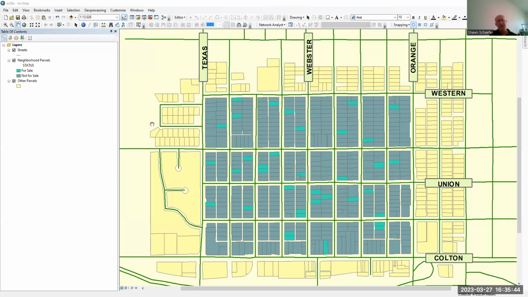In this exercise, I think you really see how it is a close application of some of the things we're interested in for our housing project in using real estate data. So here we are. We've got a map and three layers. We have a street layer, which are just these polylines, like Texas, Webster, Orange avenues, and Western Union, Colton streets. So we have a street grid, and then we have parcels, and we have the neighborhood